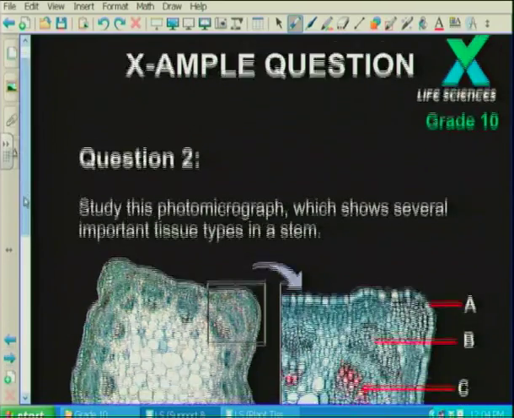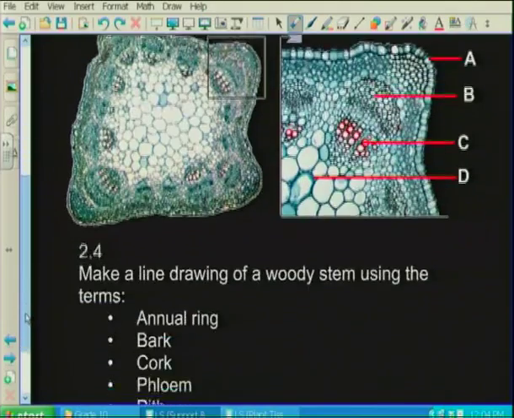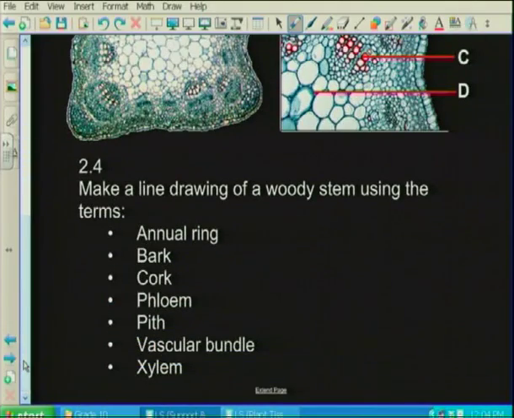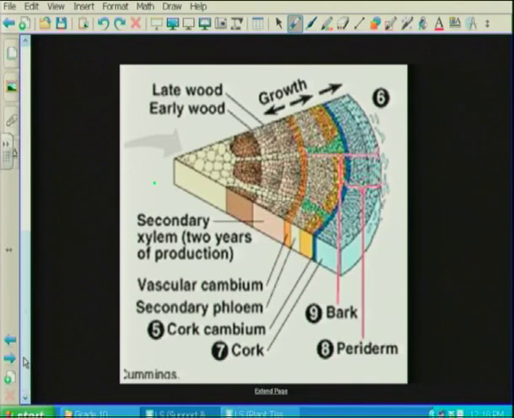Next question, still based on the micrograph, is they want you to make a line drawing of a woody stem using the terms annual ring, bark, cork, phloem, pith, vascular bundle, and xylem. So let's refer to this diagram of us. And this is typically the diagram that you would draw. So if you look into this one, they ask you to make a line diagram, and now you have to use the following